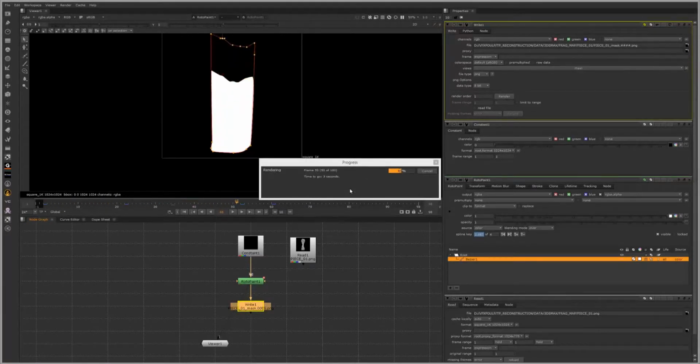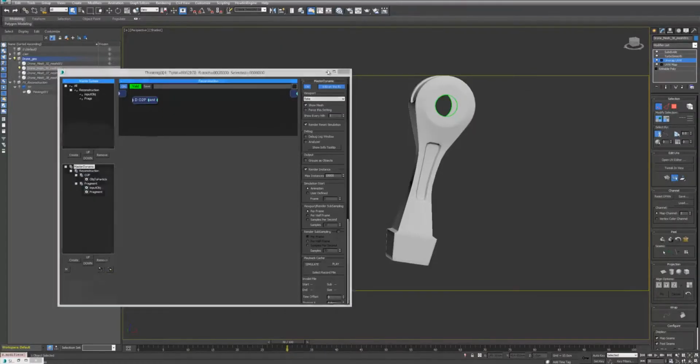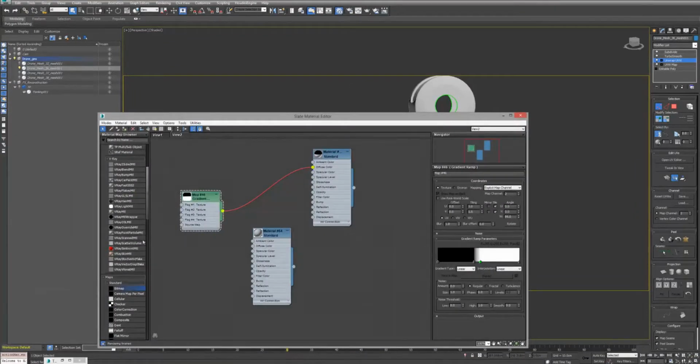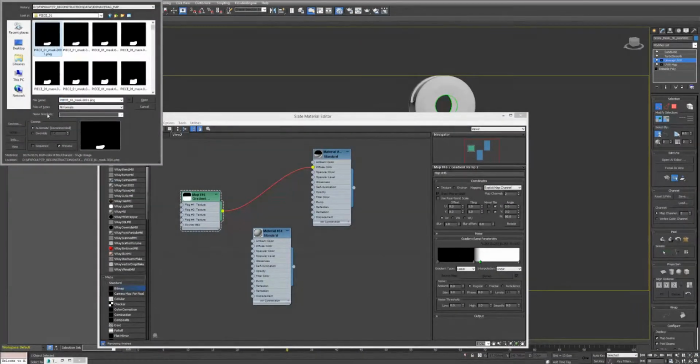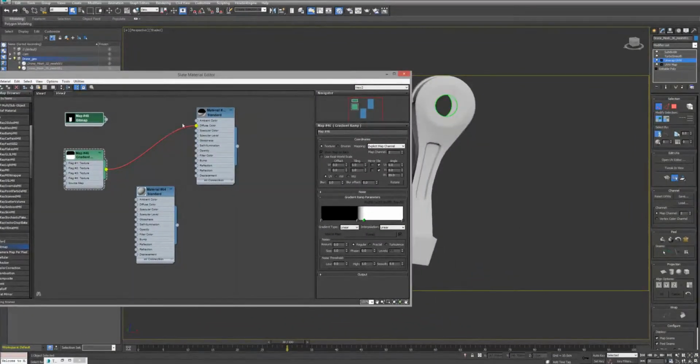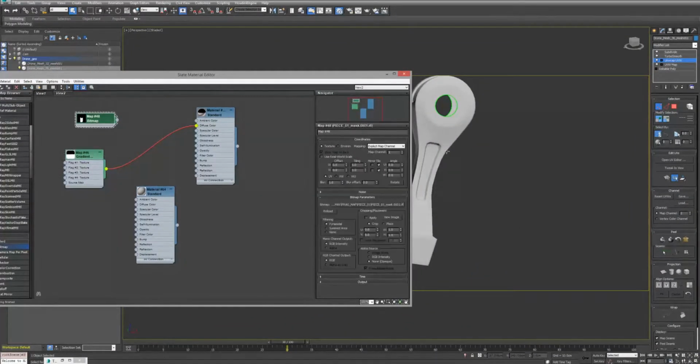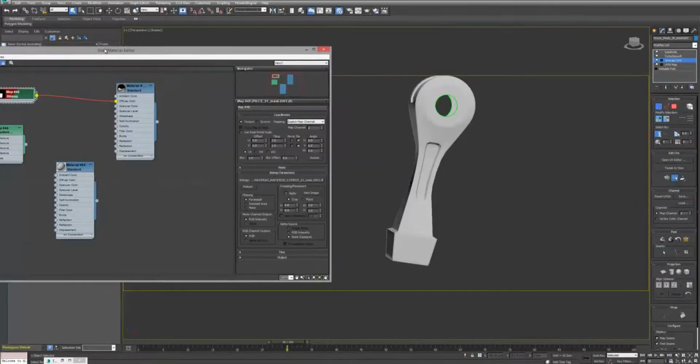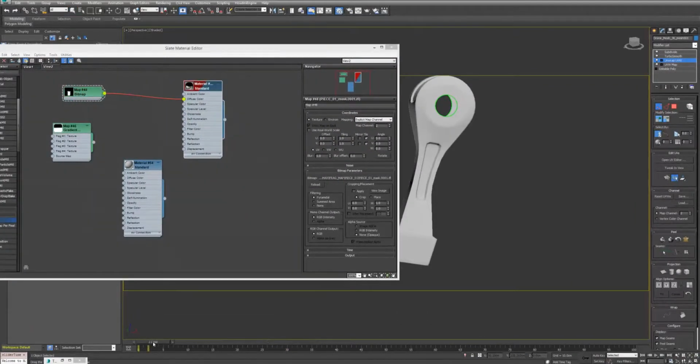All right. And back in 3ds Max, you can just use Bitmap to import this sequence. Okay, perfect. And use it instead of the gradient ramp. And make sure here it's set to use the map channel 2. And now it should work. Oops, sorry, I need to assign it. And now, okay, you can see now we are seeing the mask I've done in Nuke, and it's cool because